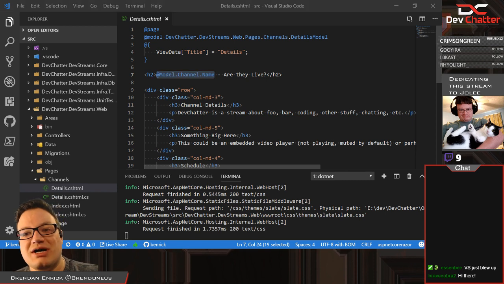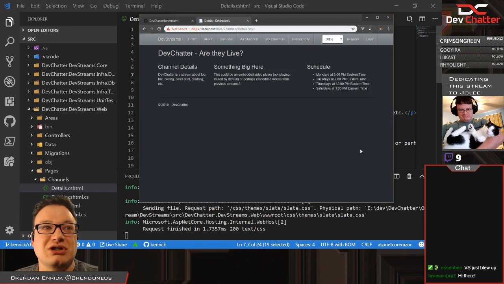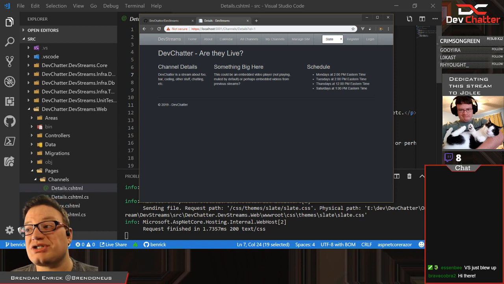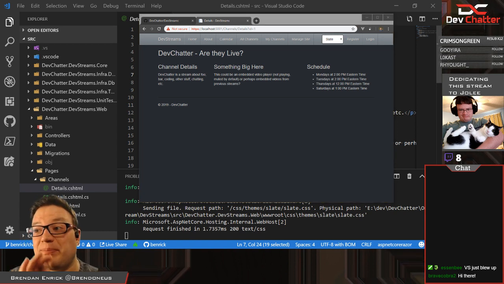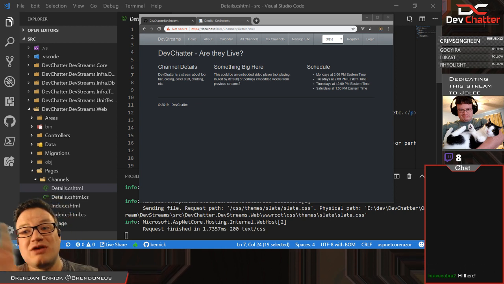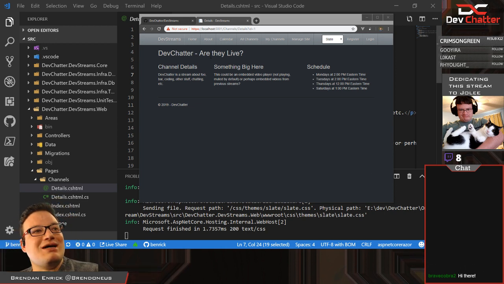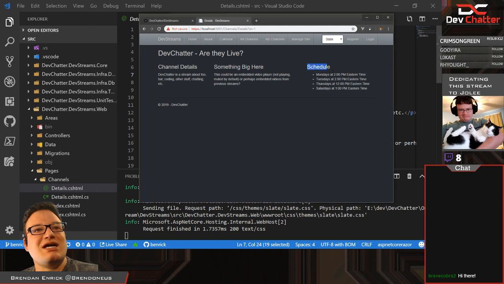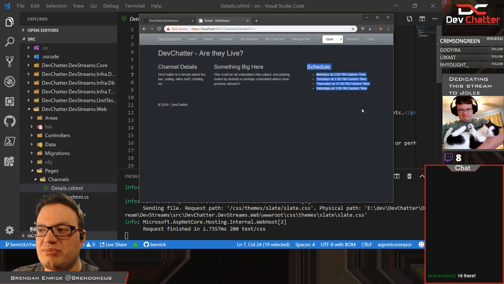Here's the decisions I'm trying to make. Which of this data should load initially when I pull the page, and which should be done as a background process checking for it? A couple of these operations might be slower, and thus I don't want to delay the basic page load by doing that. Hey Brave Cobra, welcome. So the idea is their schedule. I should be able to pull that pretty quickly.